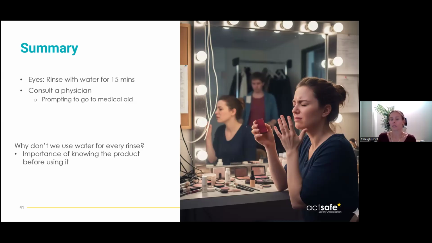So this is why it's really important to read section 4 before you use a product so that you do not panic, you don't do the first thing you can think of and actually make a situation a lot worse and a lot more dangerous. So before you use a product, take a look at section 4, because if you do have an exposure and it is an emergency, we want to know what to do well.